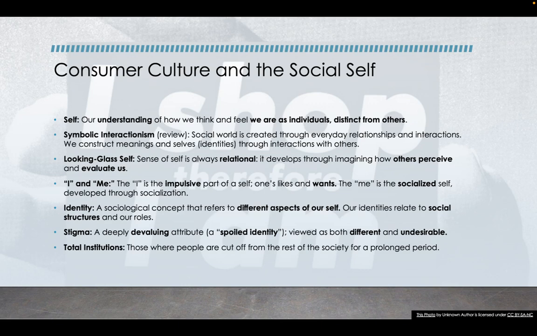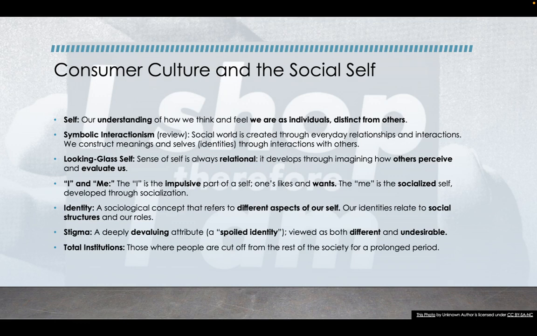So if you think about the field of psychology, which is another social science, those folks are particularly interested in the individual and in the psyche, the brain, the mind, right? In sociology, we're more interested in society, right? And how groups of people are working together. But we do care about individuals as well. We're just more concerned with how individuals interact with the greater population and within society, and what that means for how we understand our individualness, rather than what it means to be an individual and how individuals think.